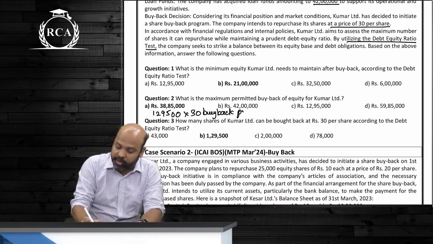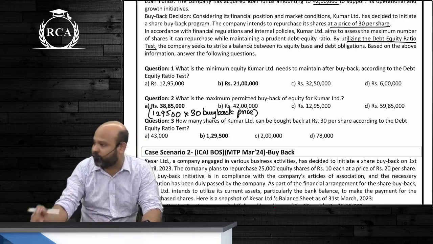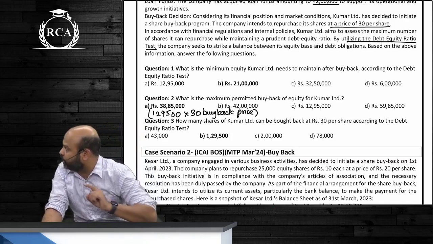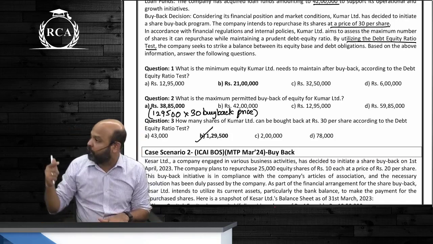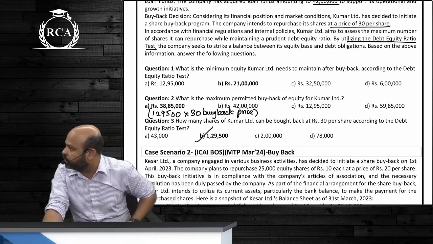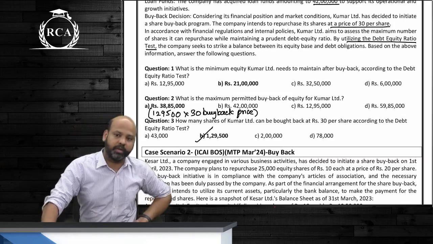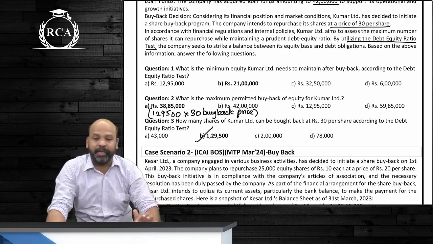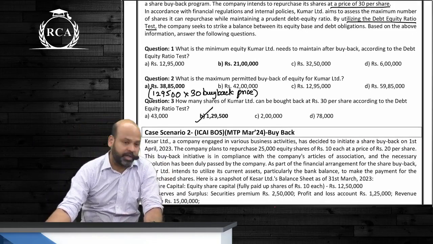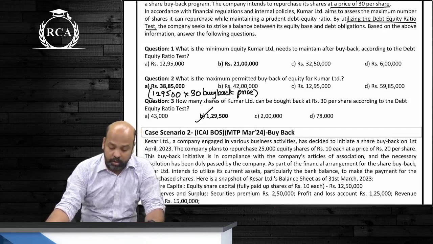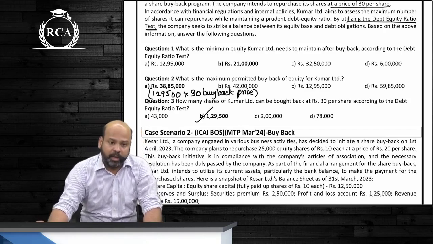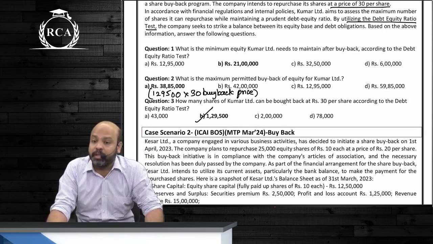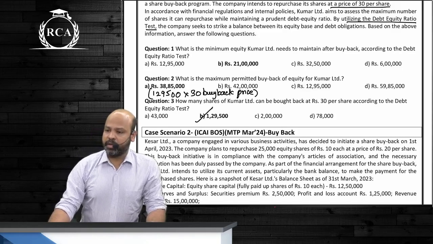The MCQ is slightly different. We never did that as a part of regular questions, guys. Here we are only talking about maximum permitted buyback. We can buy back 129,500 shares. That at 30 rupees will become 38 lakhs 85,000. Do mark that bit so that you revise it later. We do not have to multiply that by 40. They're not asking us maximum reduction in equity. They're asking us to compute the maximum amount that you're going to buy back. The maximum amount that you're going to buy back will be 129,500 shares multiplied by 30 rupees. Is that clear, kids?